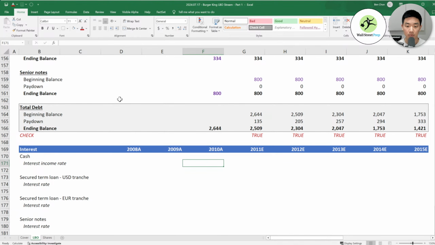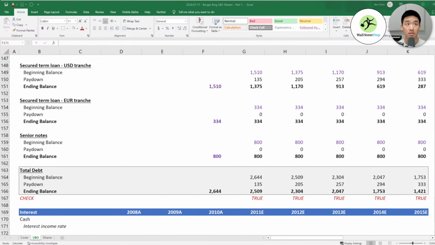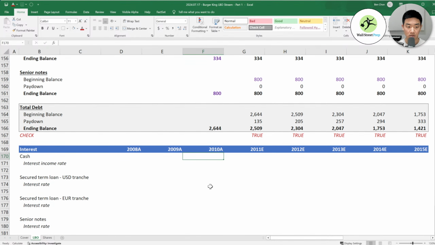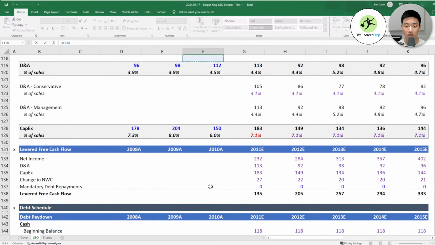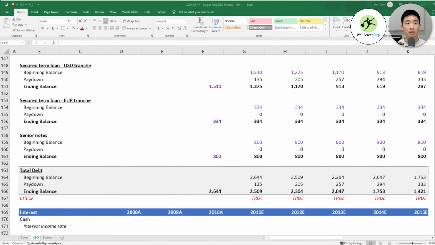So interest income rate, we can back into this by getting our, we need to calculate this actually, I believe. Let me see what I did. Right. So our interest income, actually, how do I calculate this?